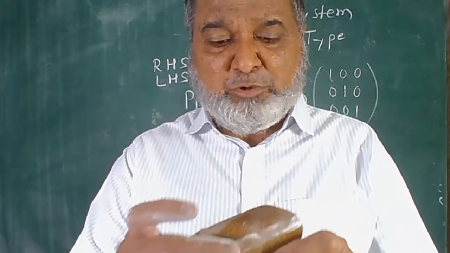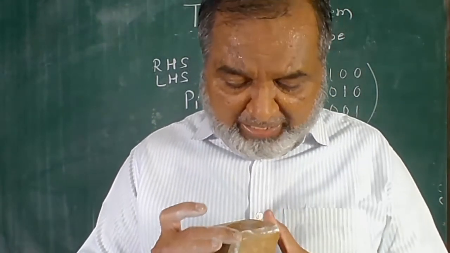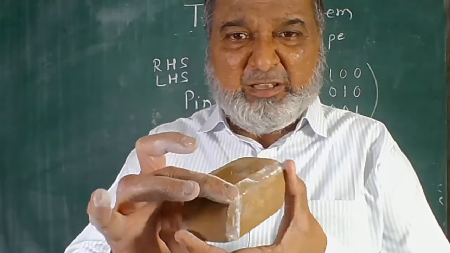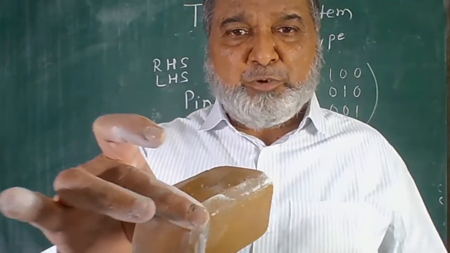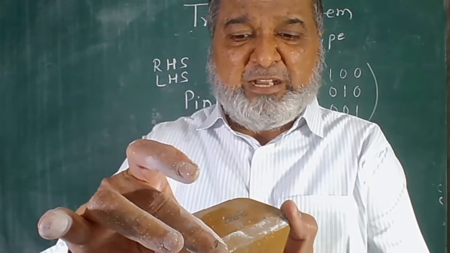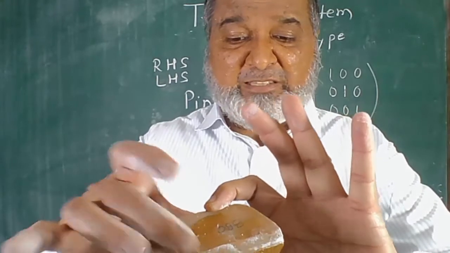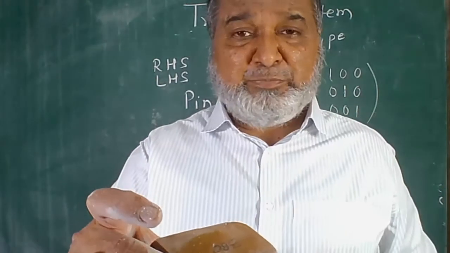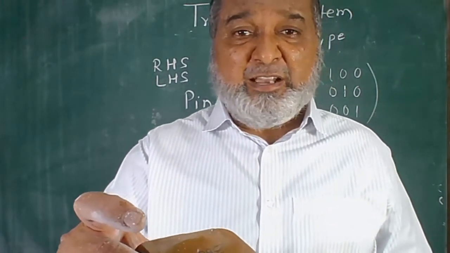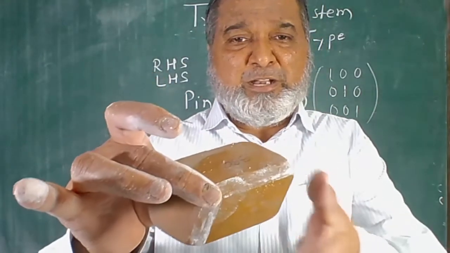The corner, this corner, the opposite corner of the side, you hold it properly and make this particular part, the white bar, horizontal. If you hold it this way, then from this end to this end, what we have is the B axis, and this will be your C axis, and this is your A axis, because all these three axes are inclined in this particular system. So this is the way we are going to hold it properly.